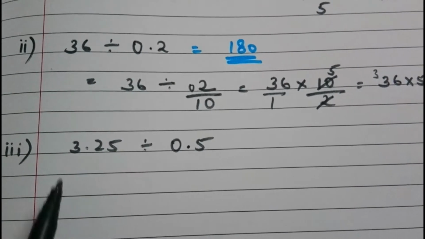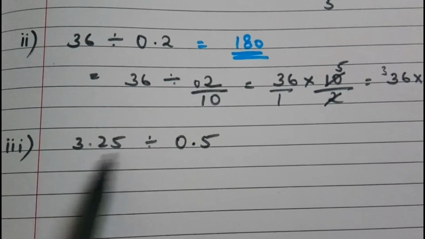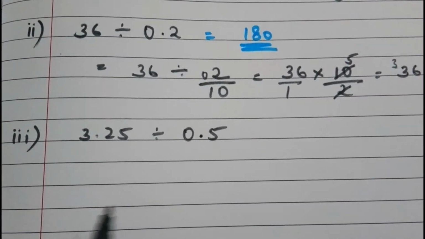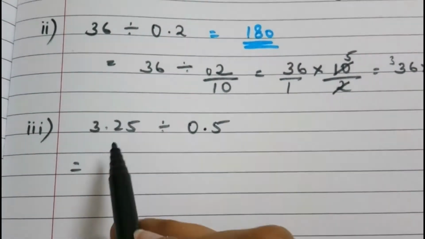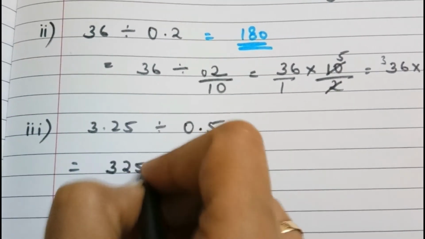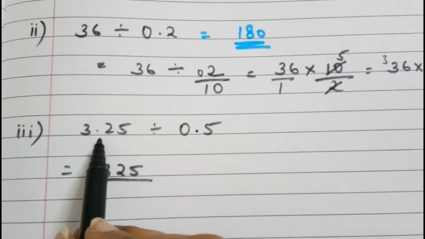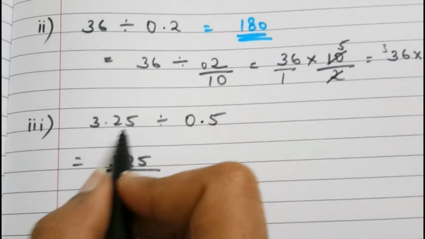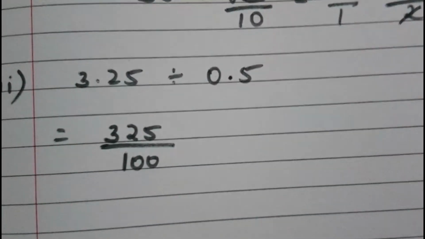Now just see here, there are decimal points on both sides, that is 3.25 and 0.5. So how will we do this? How will we write this 3.25? This 3.25 can be written as 325 divided by, what will we write? How many numbers are there after the decimal point? 2 numbers, which means 00. So it will be 325 by 100